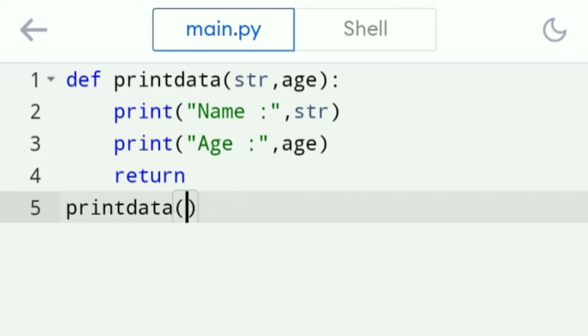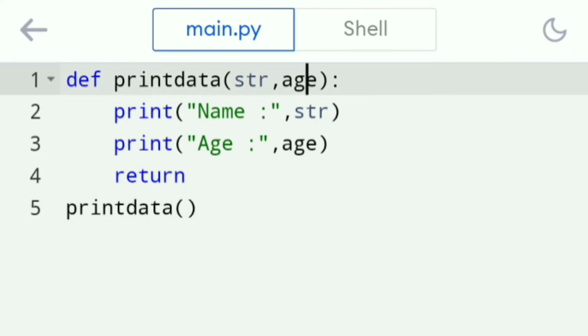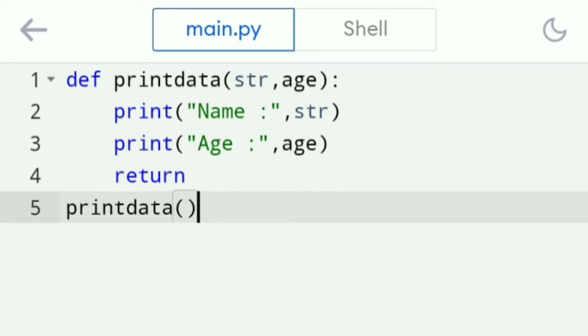Simply erase everything and based on the parameter you are going to give the values. It is not necessary to be in order. So first of all, inside the parenthesis, I'm just going to mention the name of the parameter and what is the value for that. So just write equal to and then inside the double quotes you can give any name. Then give comma and then you can write age is equal to the value. Now here when you write like this, there is no confusion.